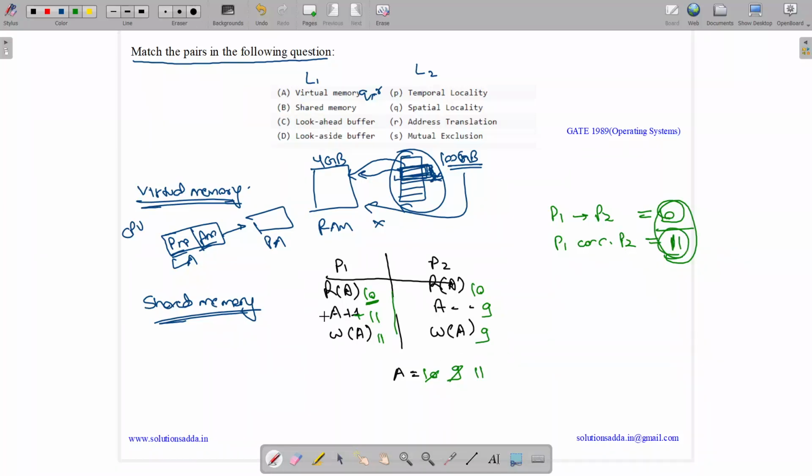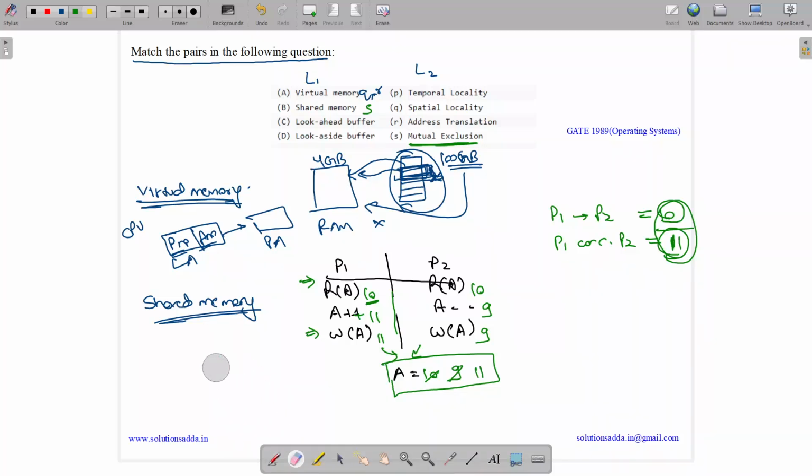So this inconsistency is basically removed by concurrency control protocols like semaphores, lock variable, turn variable. But the main thing is whenever we are having a variable in a shared memory, then we need mutual exclusion, which means only one process should be able to access that location at a particular point of time. Thus, shared memory can be easily mapped to mutual exclusion because mutual exclusion is used to prevent the race condition when we are accessing the shared memory.